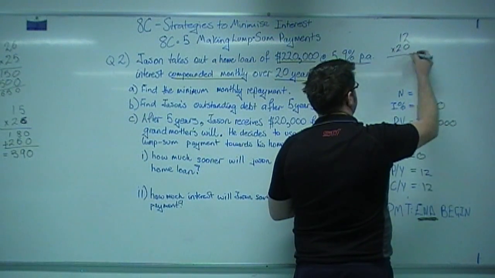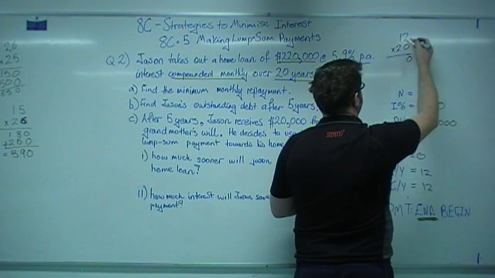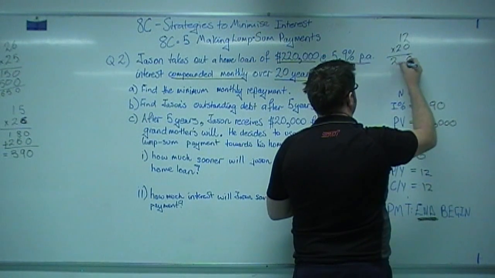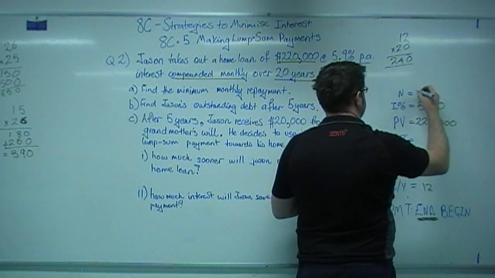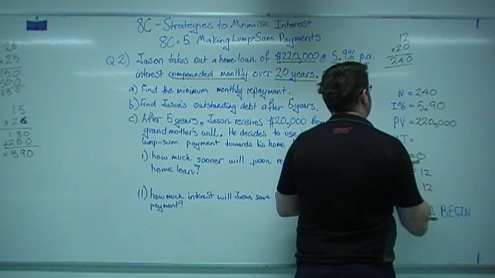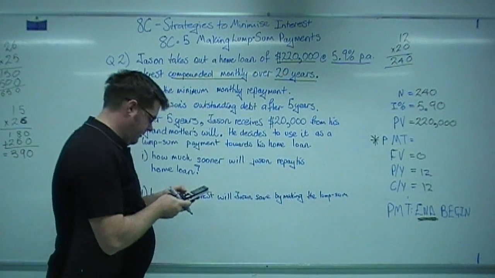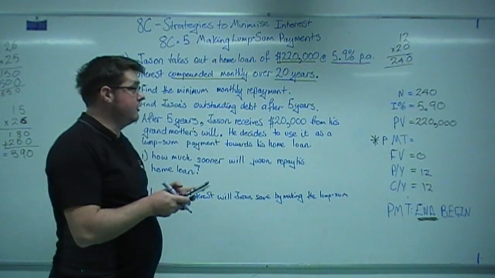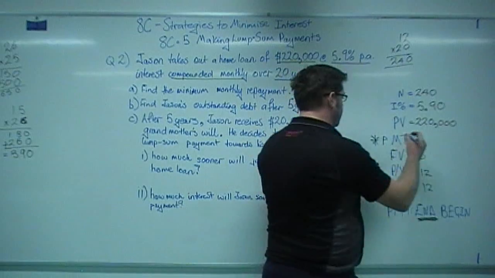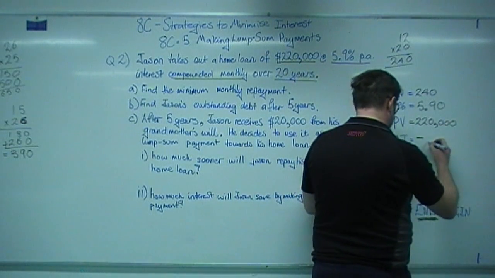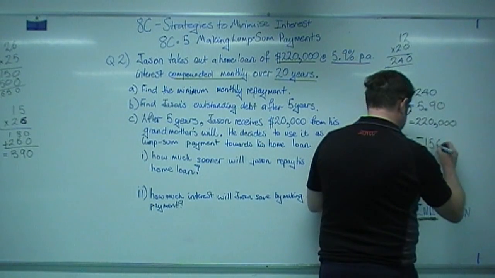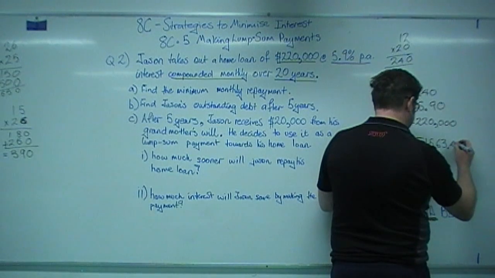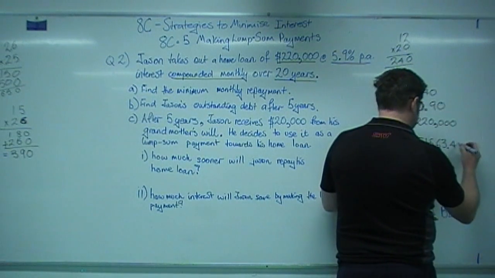So 20 times by 12, that's 240. There we go. So let's feed all these values into TVM solver. So we end up here with minus 1563.4, well it actually says